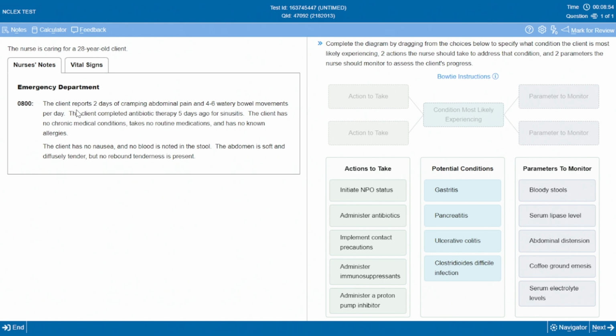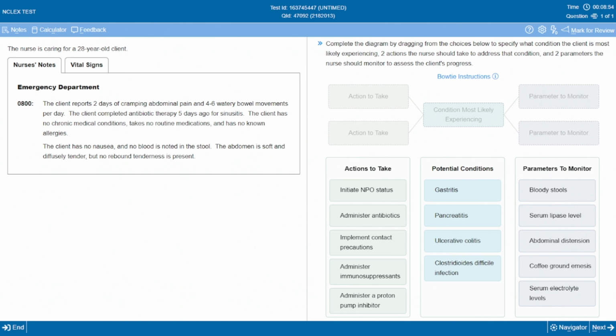The client completed antibiotic therapy recently, which means that their GI flora could very much be out of balance. Especially when you take antibiotics, it can throw off your GI system, which is why diarrhea can be a common complication from antibiotics. It throws off those microorganisms that typically live in your intestines and do the healthy stuff they need to do. It can accidentally kill those off too while it's treating your infection, and then you end up with GI